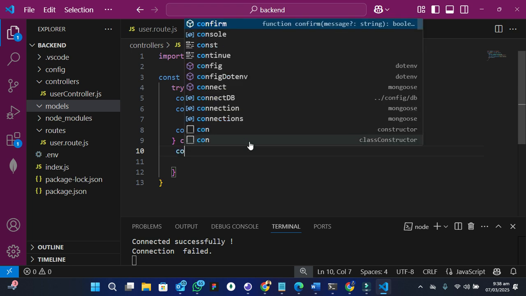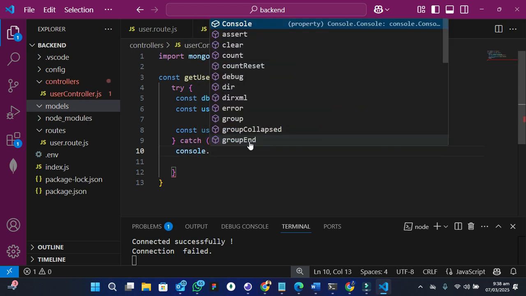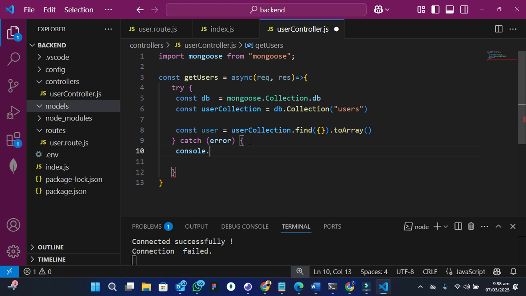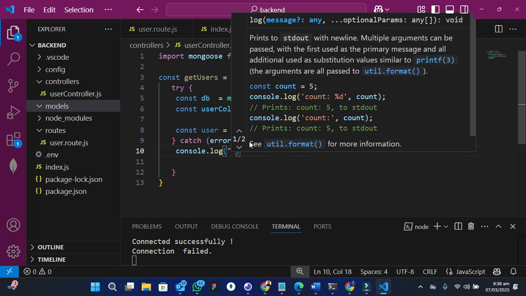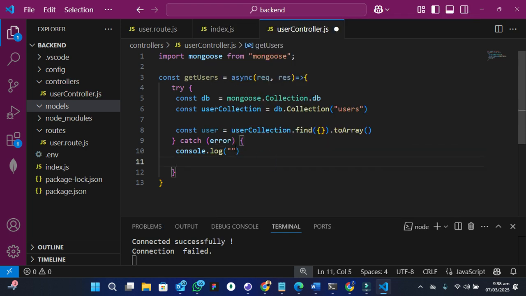And if there's an error, we should know it, like console.log error occurred,